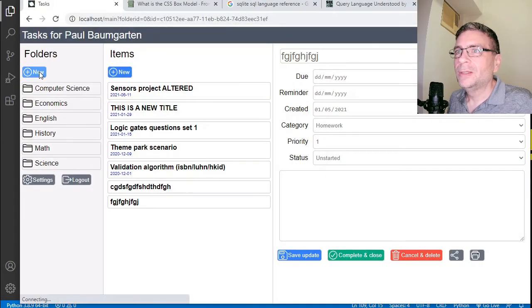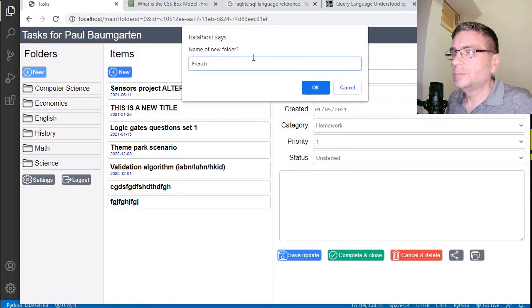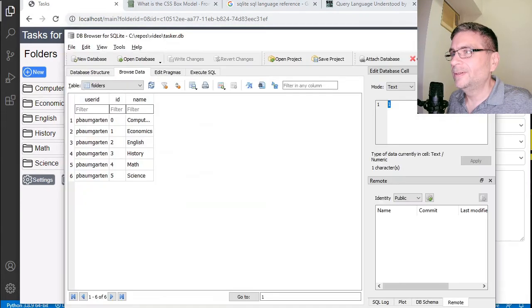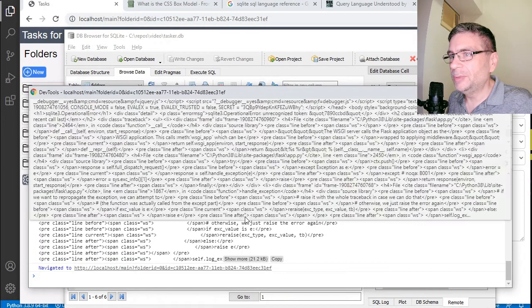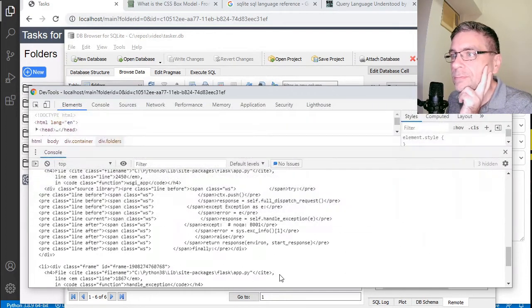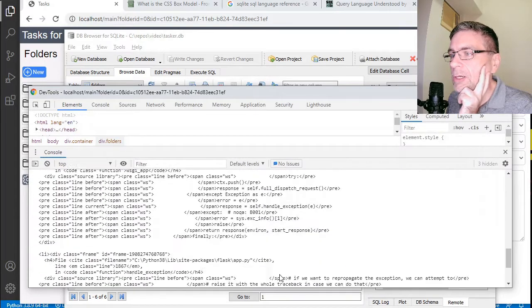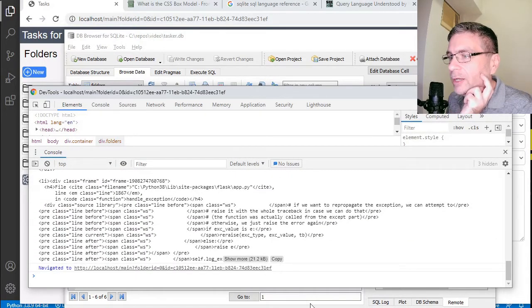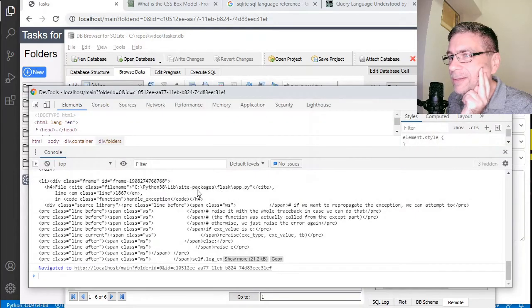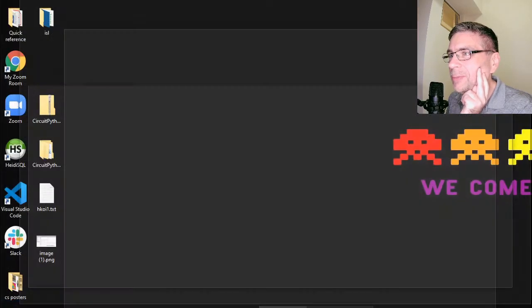Okay, reload. New French. No. Okay, still got errors. Welcome to 101 in live debugging. Oh, what have we got going on here? So I've got an error in my Python. You can see here that it's printing out a Flask error message. So if I look in my Python,